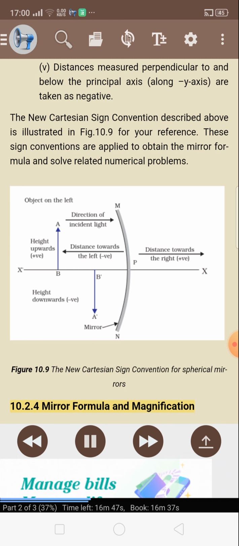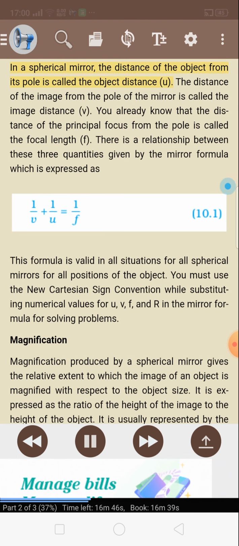10.2.4 Mirror formula and magnification. In a spherical mirror, the distance of the object from its pole is called the object distance, u. The distance of the image from the pole of the mirror is called the image distance, v. You already know that the distance of the principal focus from the pole is called the focal length, f. There is a relationship between these 3 quantities given by the mirror formula, which is expressed as